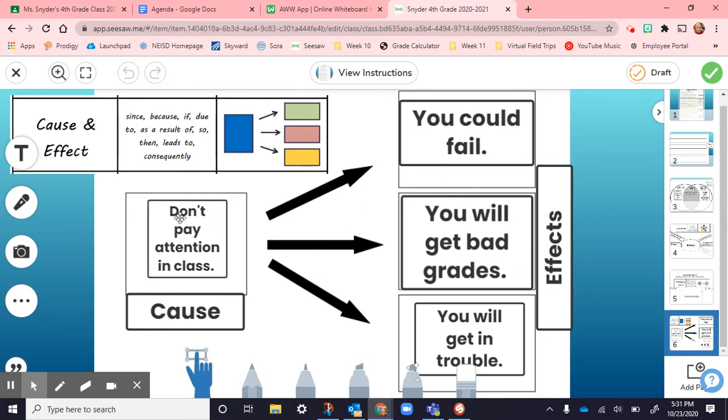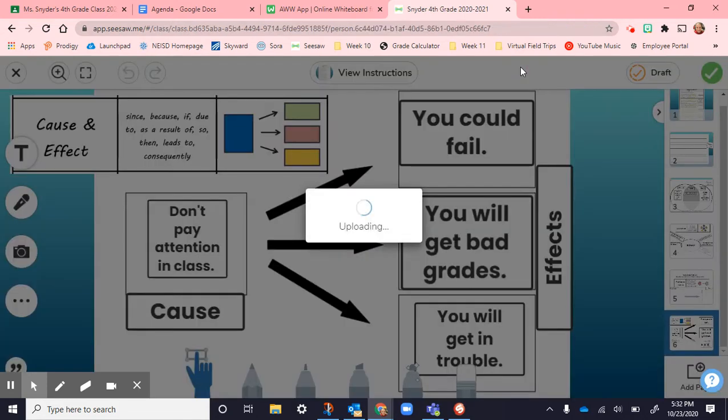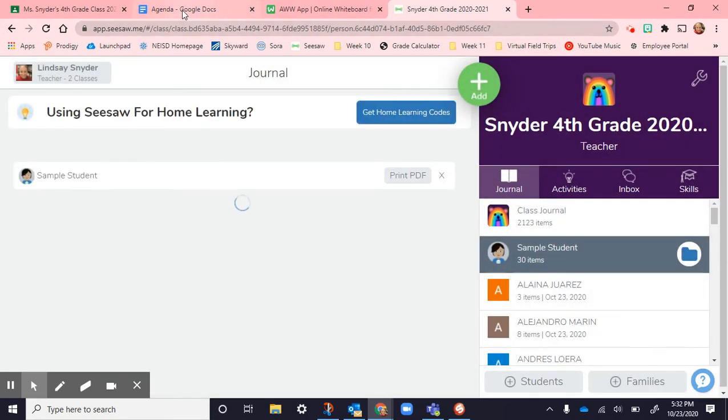So students came up with their own cause and then what the effects were, and then that was turned in also. That was the last of that, so they turned that in today. I'm going to turn in mine too. Then